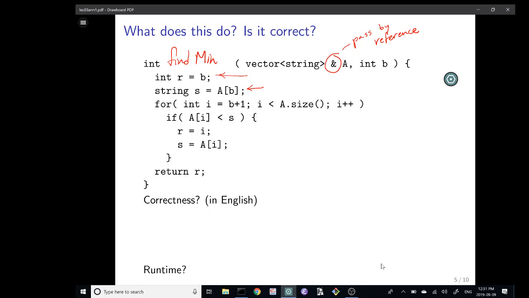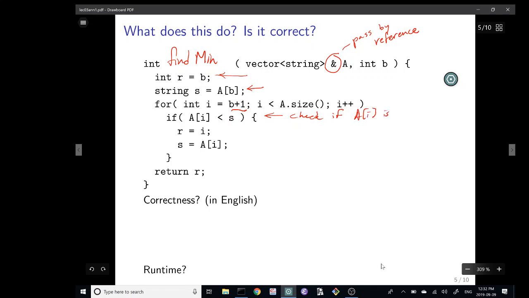And then it goes through the remainder from b plus 1 until it gets to the end of the vector A, looking to see if it can find something in the array, entry A i, for example, that beats the string S, that's smaller than the string S. So it checks if A i is better.